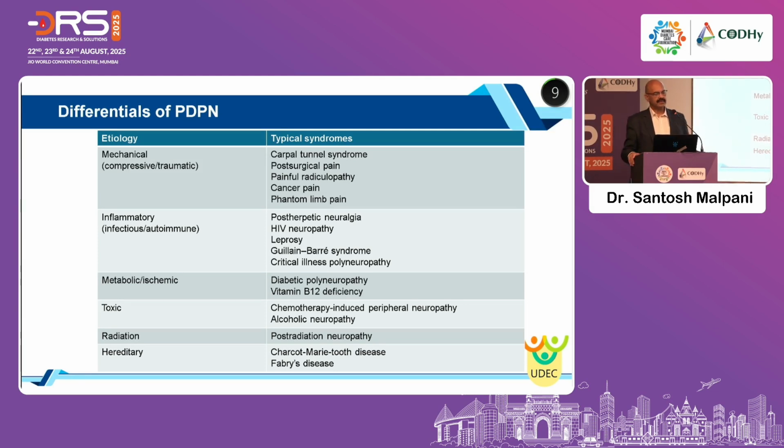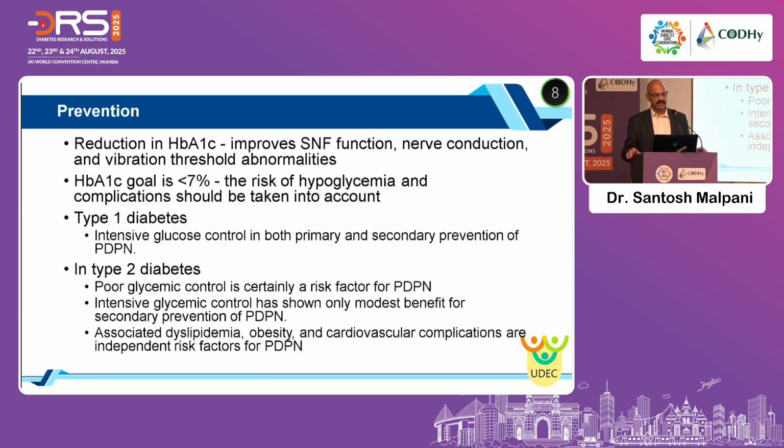As far as the differential diagnosis is concerned, the mechanical compressive neuropathy can be taken into account. Inflammatory, particularly due to leprosy, HIV, then the toxic neuropathy, due to alcohol abuse as I told you, and the metabolic, as far as our patients are concerned, B12 deficiency and D3 deficiency is there. So for prevention, one has to control the glycemia. Reduction of HbA1c to less than 7% has been proven to have the effect on primary and secondary prevention in